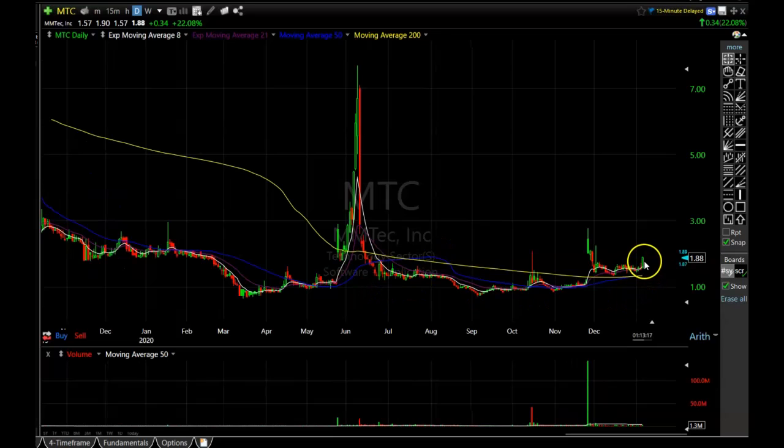But I'm thinking that when it does get that breakout, a lot of these fake outs will have like 3 or 4 fake outs in a row, but then you'll finally get that big move up. And I think that next move up is going to be something similar to the one that it had back in May, where it just had this huge price explosion. I can certainly see MTC doing that again. I'm not saying that's going to happen right now, but I can certainly see that happening down the road because